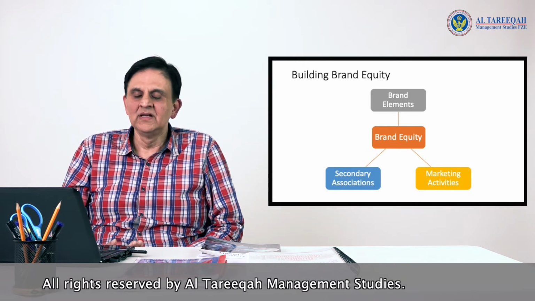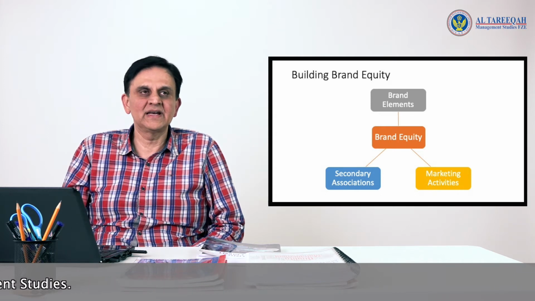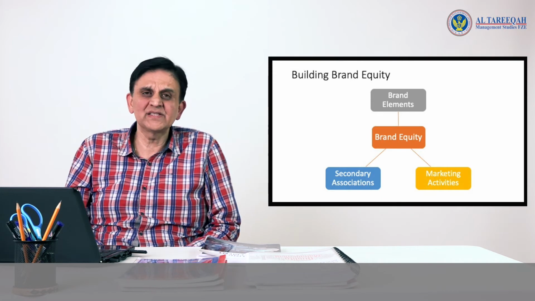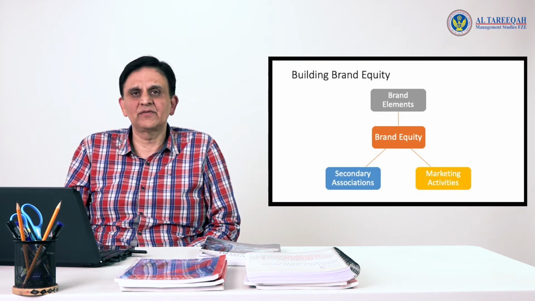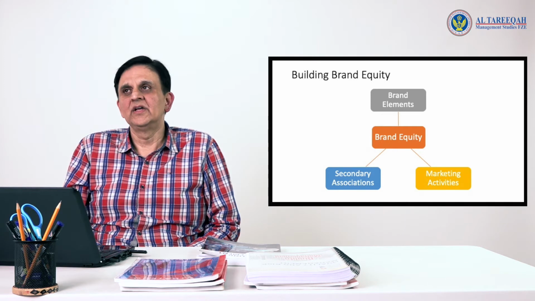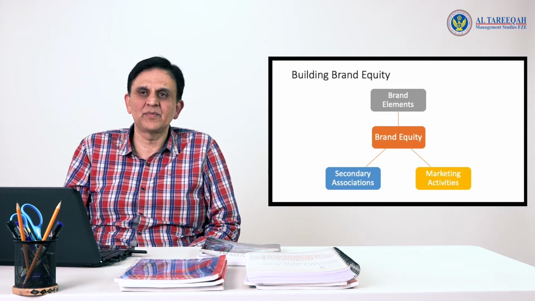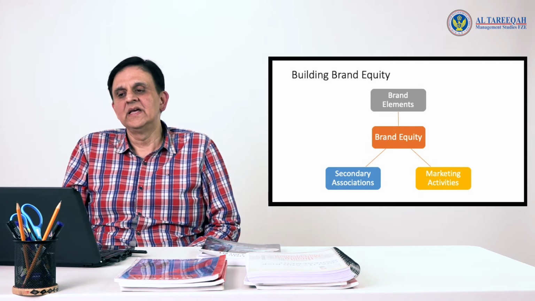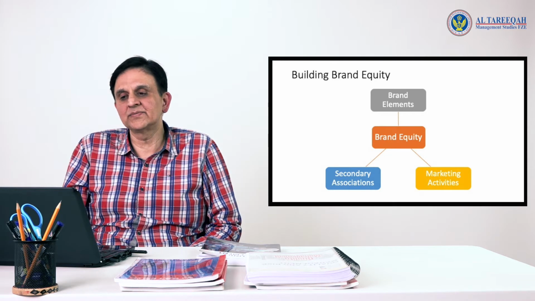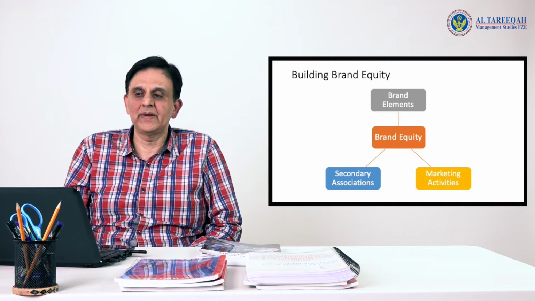And when I say regular, FMCGs measure brand health, as it is called, which is brand awareness, brand usage, and brand image, on a daily basis also, to be able to measure the impact of the communication campaigns they have put in place. Durables probably do it not on a daily basis, but on a half yearly or annual basis. Interestingly, services have also started to measure brand health, mainly on an annual basis, in terms of awareness, usage, and image of the brand compared to competition.